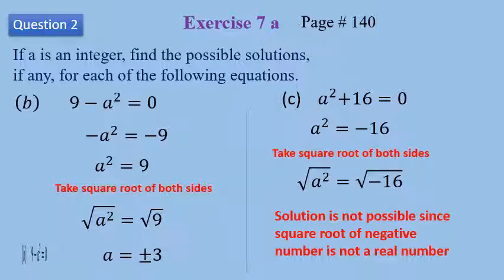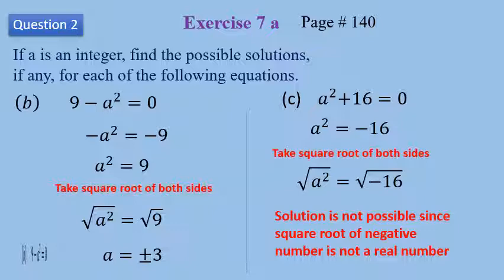We have to find the value of a, not the value of a square. So remove the square. We have to take the square root of both sides. Then square cancels with square root, and the square root of 9 is 3. So the value of a is plus and minus 3. When we take the square root of both sides, there will be two values of the unknown. One is a negative value, the other is a positive value. So there are two values of a, minus 3 and